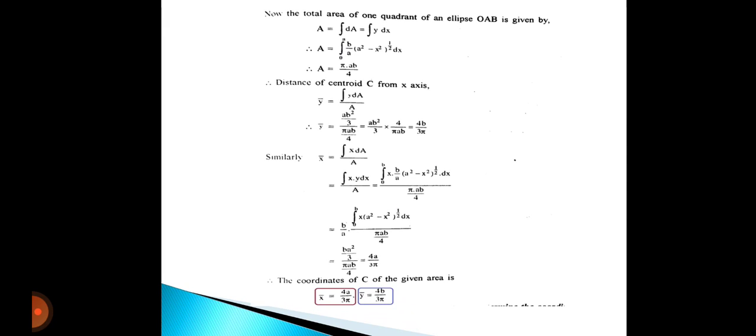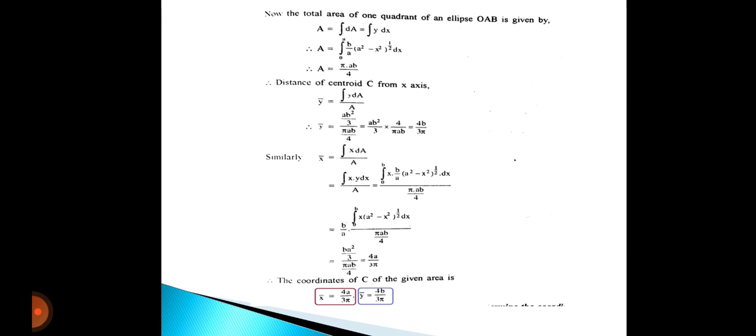Now the total area of the quadrant of an ellipse, that is OAB, is given by A equals nothing but the integration of this, putting the limit 0 to a, finally A equals pi ab by 4. Now the distance of the centroid C from the x-axis, that is y bar, equals integration y dA by A, that means the total moment of area by total area. Putting the value of y dA and also A, we will get the value of y bar, that is 4b